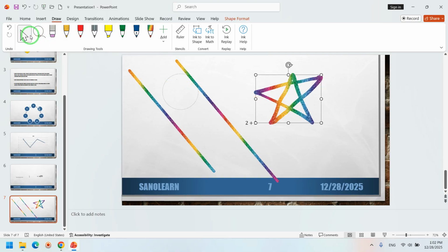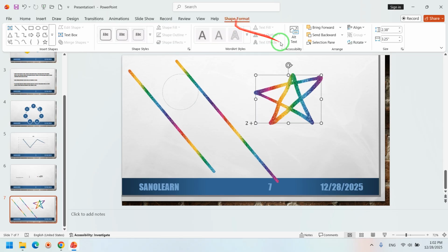Okay, there are different tools you can use, and you can go to Shape Format and change your shape design by your